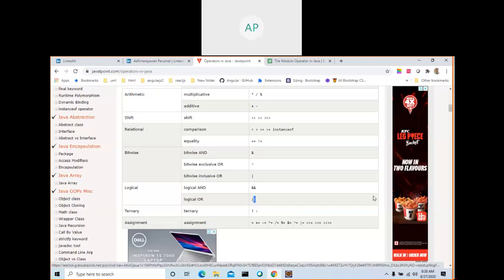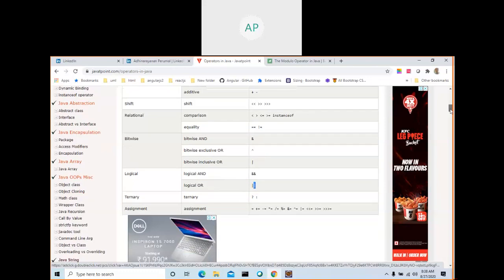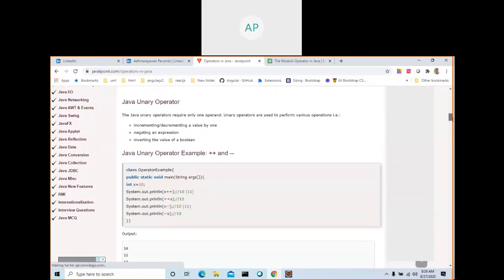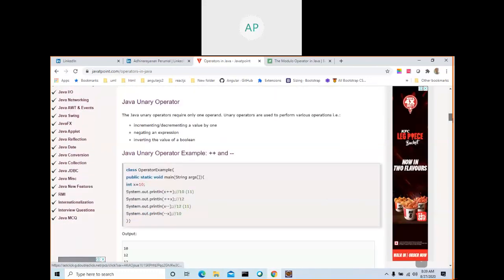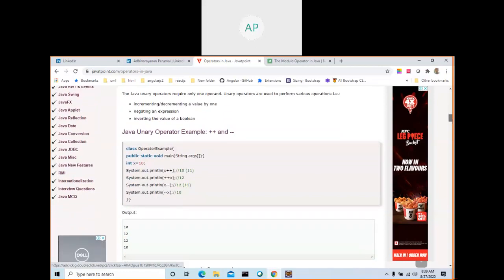Here you have all the examples. When you go down, you should be able to get the example. Already I told you, for the unary operator you can see incrementing and decrementing. The integer value is 10, and if x plus plus, then it will print 11.